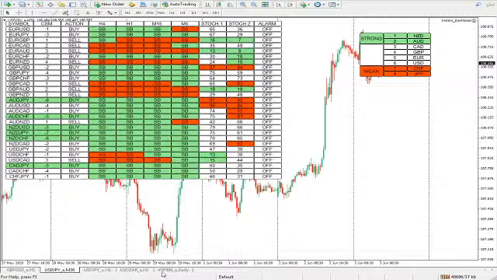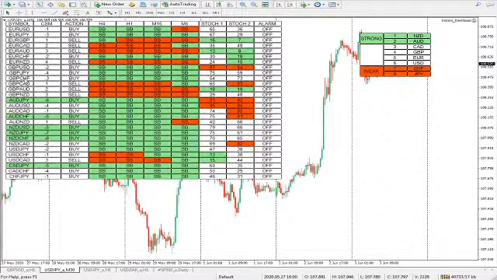So let's see what we have on the trend. We have Euro USD, an active uptrend, and then Euro JPY, an active uptrend, and then Euro GBP, a downtrend. We have Euro CAD, an active downtrend, and then Euro AUD, an active downtrend, and then Euro CHF, an active uptrend, and then Euro NZD, an active downtrend, and then we have GBP USD, GBP